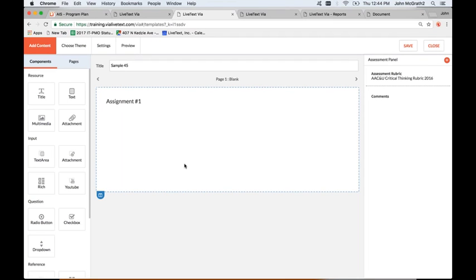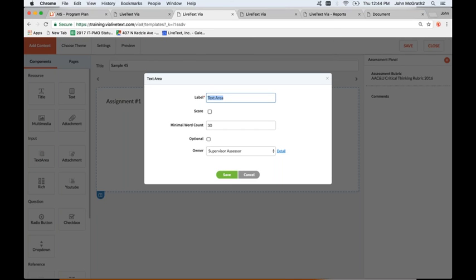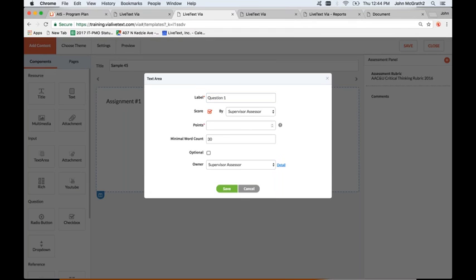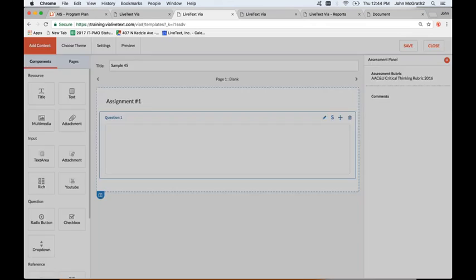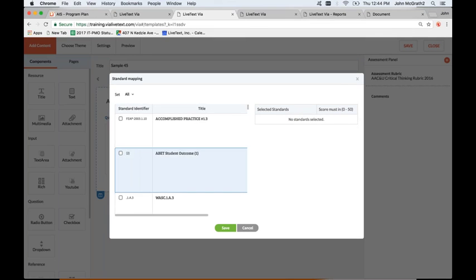And then if I want to start to tie in, say, a short answer question, I can say, this is question 1, and there's a score to it. It's worth 50 points. Minimal word count, just say 2, and hit save. Now, if I want to tag this question to a standard, I can simply say tag standard, and then again,